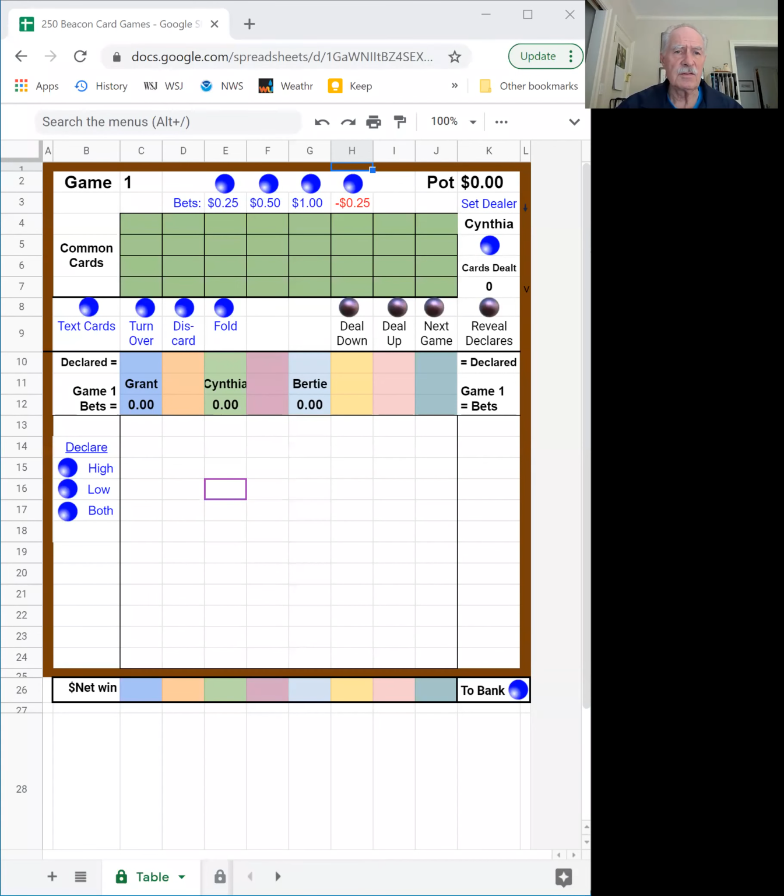Okay, I'm going to share the poker table screen with you, show you how we play this game. All right, here's the table. And the table has an area for the common cards, the green area, where we deal the common cards. Down below is the area for the players' cards. And for this example, I have three players, Grant, Cynthia, and Bertie. So those three players will get cards down below here, and then we can also use cards that are common